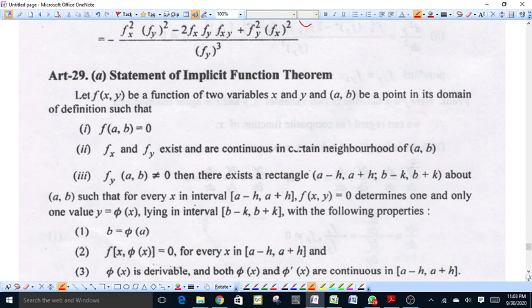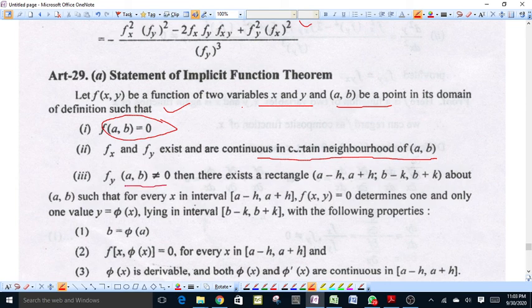Now, the implicit function theorem. Statement of the implicit function theorem: suppose f(x,y) is a function of two variables x and y, and (a,b) is a point in its domain, such that the function at (a,b) is equal to 0, and the partial derivatives of f with respect to x and y exist and are continuous in a certain neighborhood of the point (a,b), and the value of the partial derivative of f with respect to y at (a,b) is not equal to 0. Then there is a rectangle (a−h, a+h) by (b−k, b+k), this is the rectangular neighborhood of point (a,b), such that for every